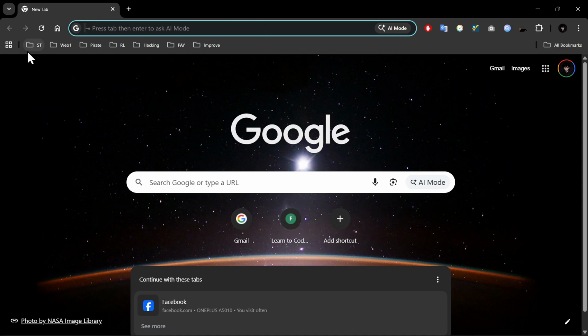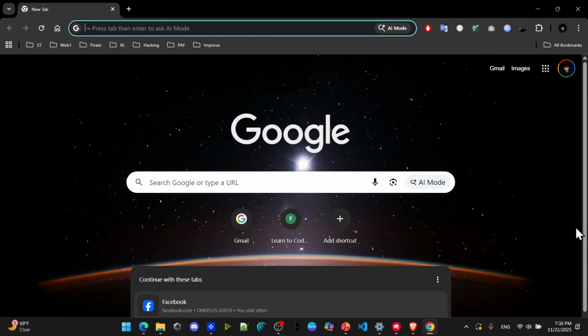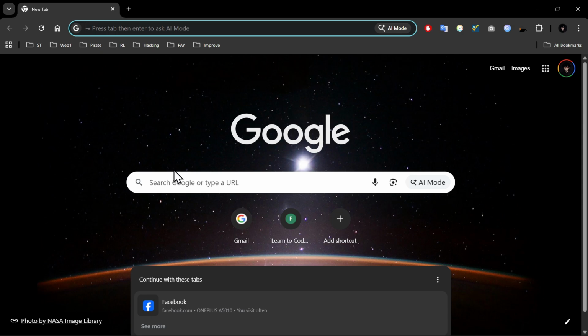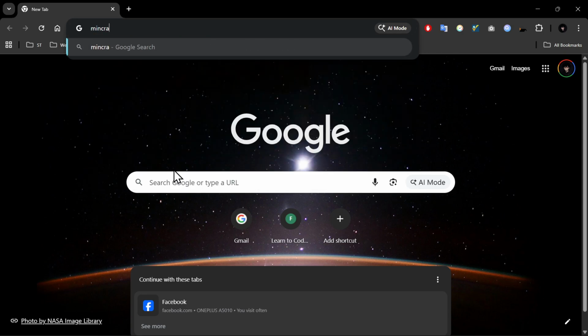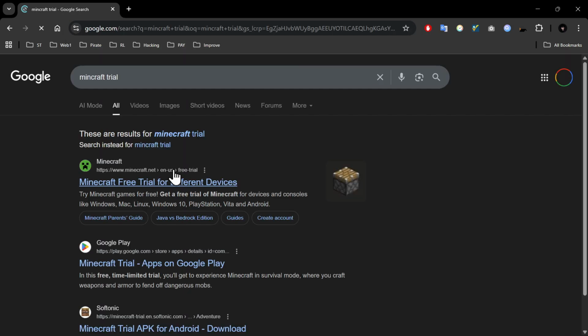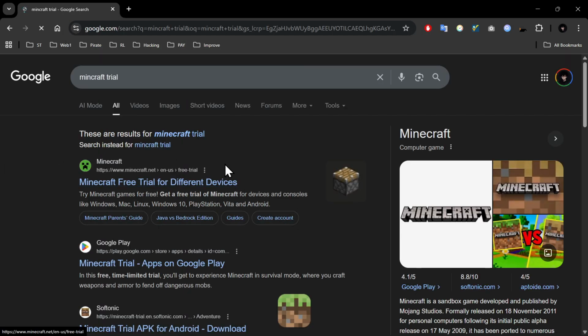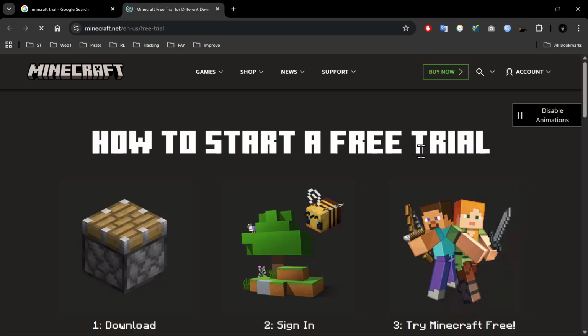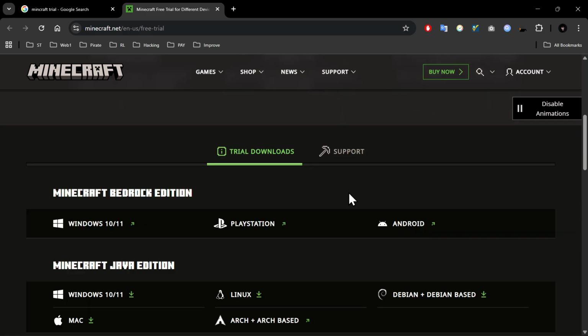So the first thing that you need to do is to open your browser, as you see from here, and now you need to search for Minecraft trial. Hit enter and this link will pop up for you. So this is the official Minecraft website. You need to just open it, and after that from here you need to just scroll down and download it